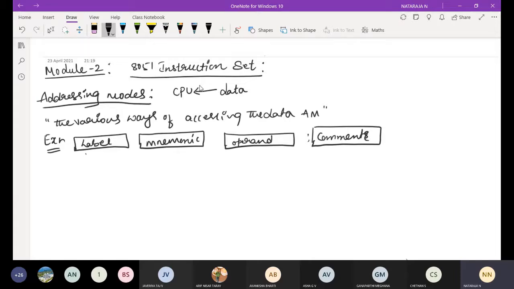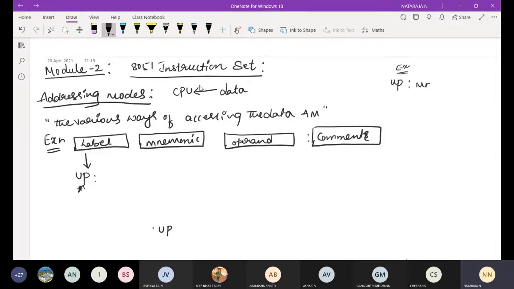What exactly is the label? Label means, for example, like using a loop in a C program. Here it is not exactly like a loop. If I write a label up here, then somewhere else in the program, SJMP, if it is not equal to 0, up, the program will again go to this path. Are you getting the things? See, I am going to write a label up here. Just take some example. We'll discuss these things in the programs.